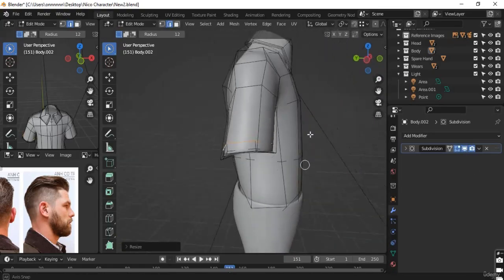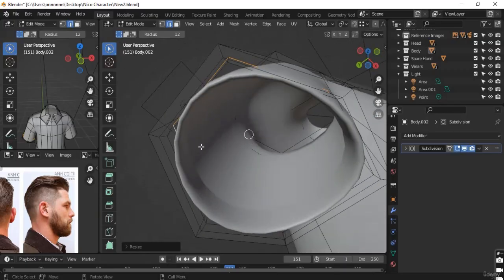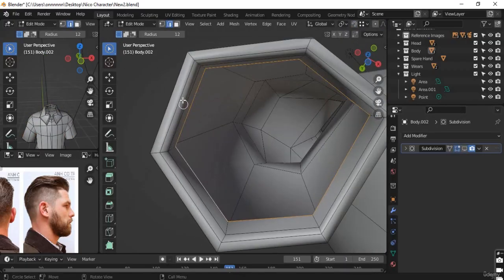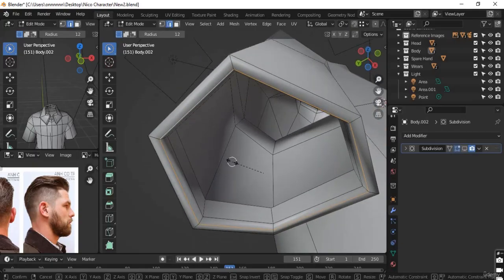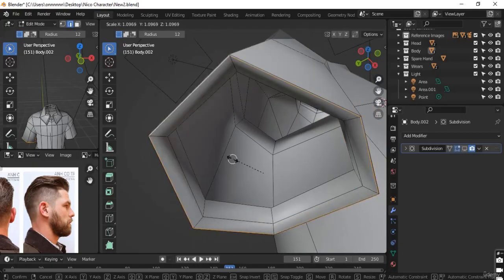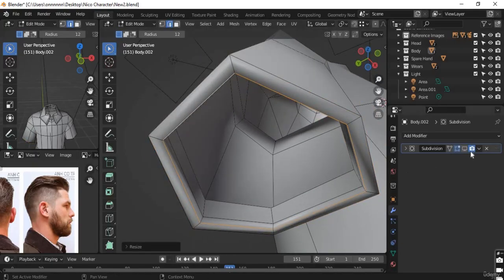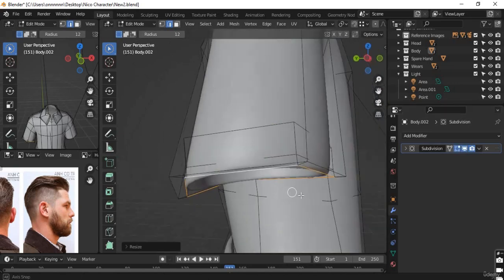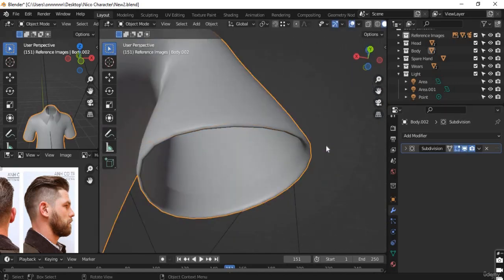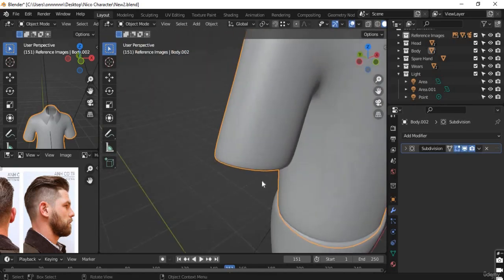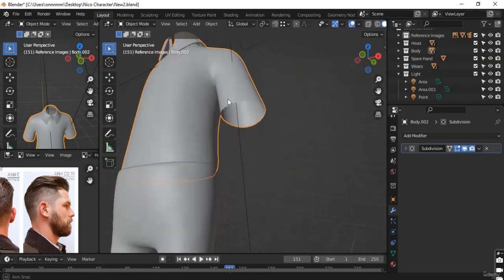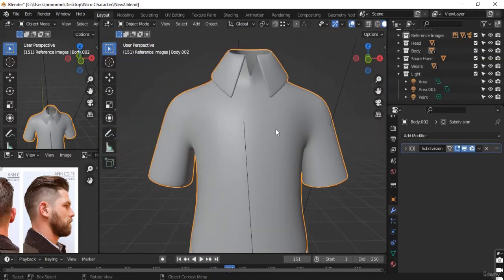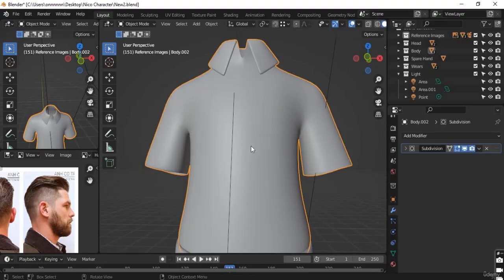Okay, so now we've got this having some bit of thickness. Maybe we could scale this in even more. Okay, so something like this. All right, now all we have to do is split this into two